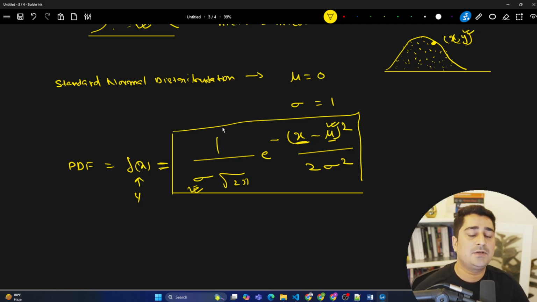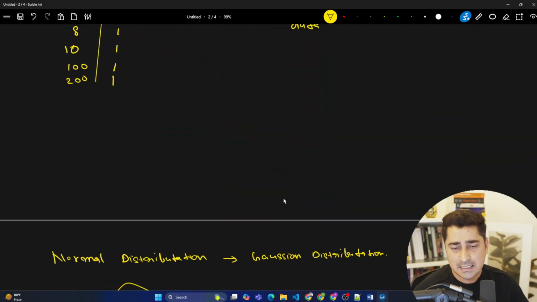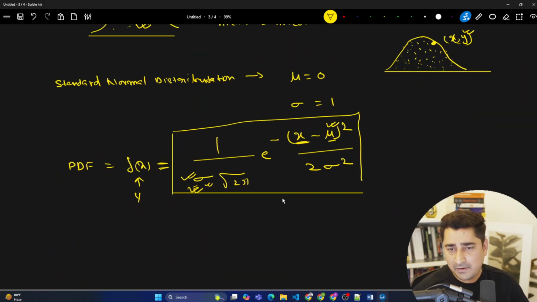You can go ahead and try to calculate it manually, right? Because this term is known. So I can find the standard deviation for my given data set. For this data set, I can find the value of mu. I have each and every point inside the data, and then this is nothing but the exponent. This is nothing but pi, 3.14. And again, this is the standard deviation squared, right? So for this whole equation, you have everything. So even manually, you will be able to do the calculation and find the y coordinate.